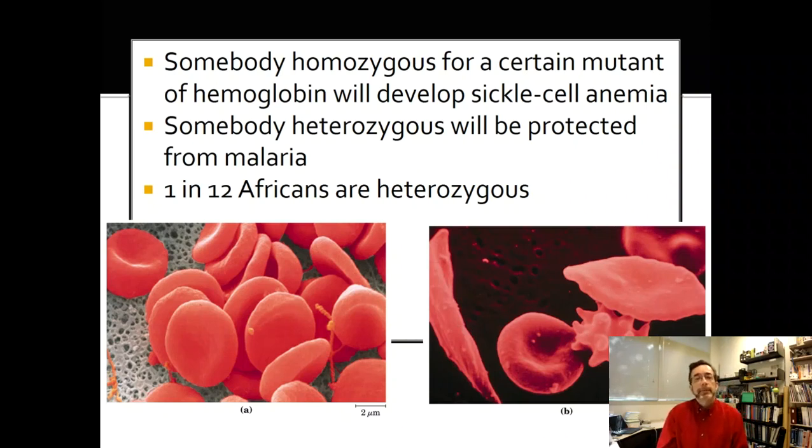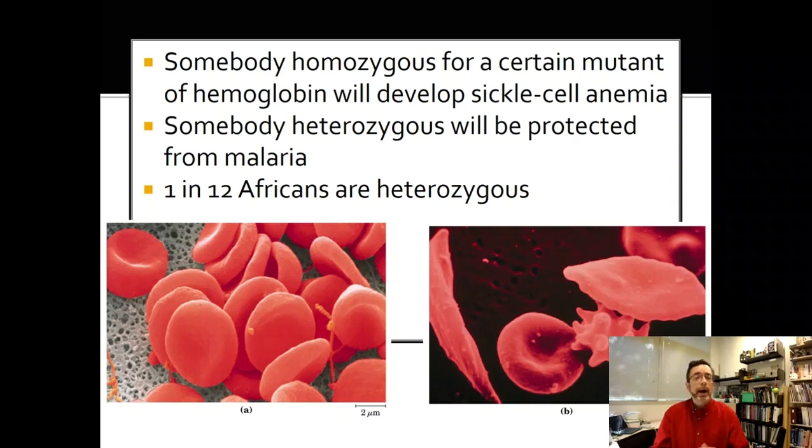You have 2 copies of every gene. You get one from your mother, one from your father in most cases. If you have 2 copies of the sickle cell anemia gene, you will develop the anemia very frequently. If you have 1 unmutated copy and 1 sickle cell copy, you'll be mostly fine. So this is an example of a dominant versus recessive allele. The sickle cell anemia will be the one with the disease.